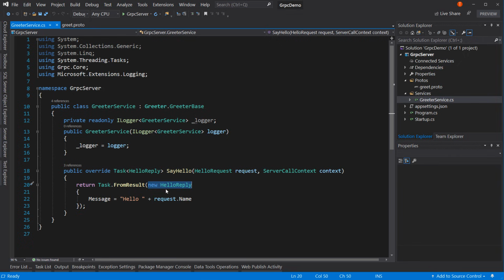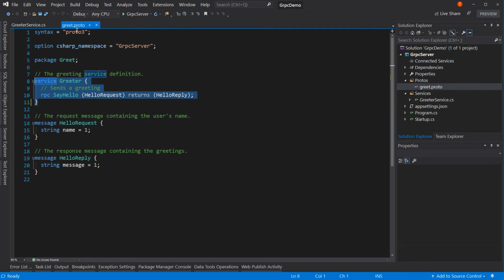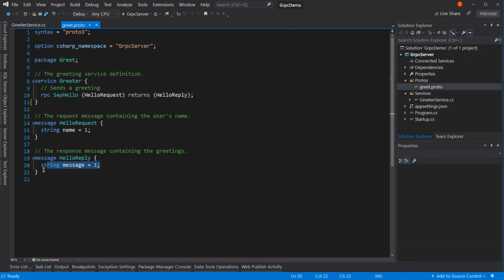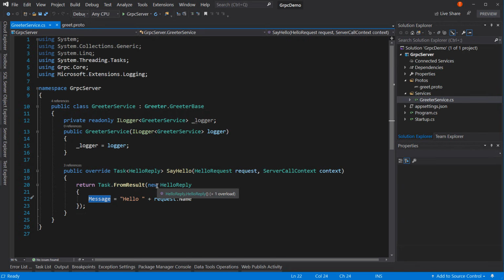Now, the result is just a new HelloReply, which looks like a class, and it is. And notice over here, it just says string message, all lowercase. Over here, we have Message, capital M. And the reason why it's different is because this is more of a JavaScript type feel where we have the lower cases, the camel case for things. But over here in C#, this is where we use Pascal case, which is the first letter of each word is capitalized. And so it does the Pascal casing for us